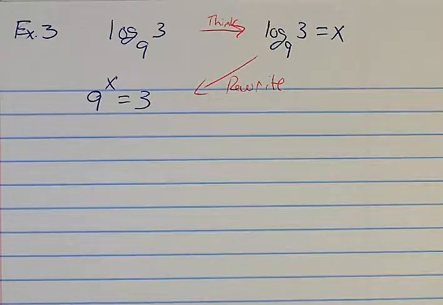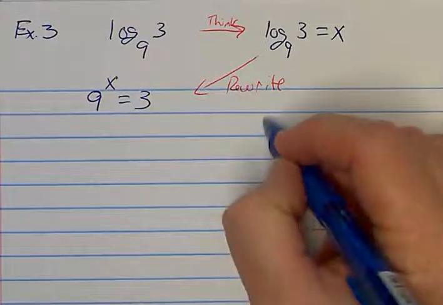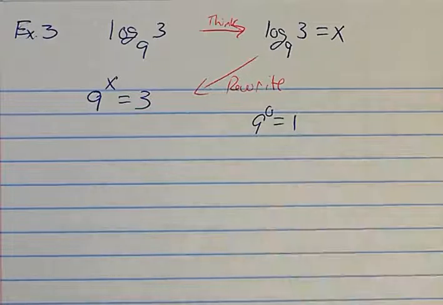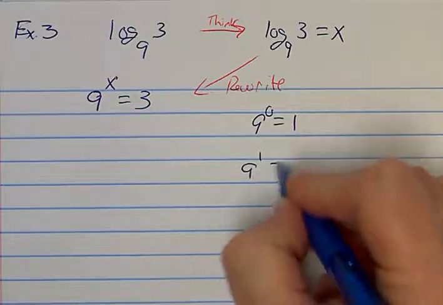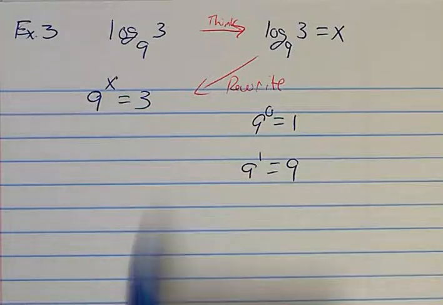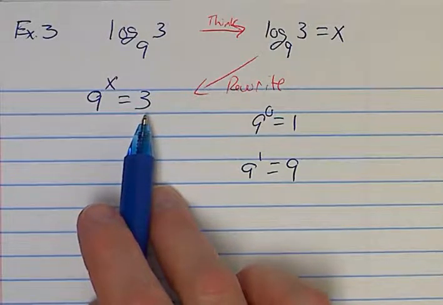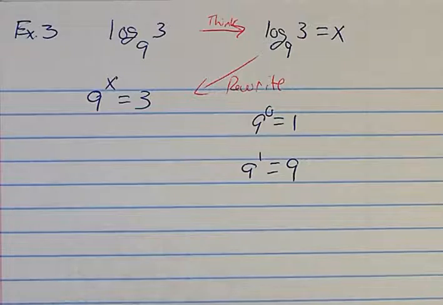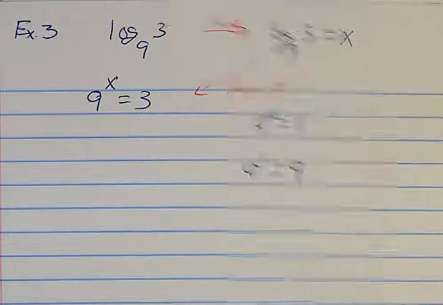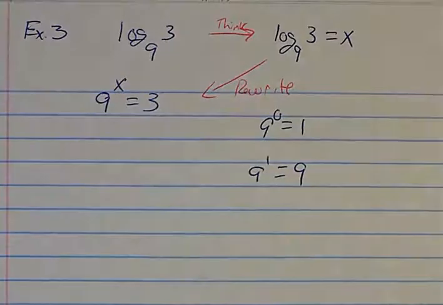All right, now here's where we got a little bit of a problem. Got to get creative on this one because we know that 9 to the 0 power would equal 1, right? 9 to the first power would equal 9. That answer's got to equal 3. So what can we do before we do exponents on this? What can you do to 9 to get it down to 3? Who gave me that first answer there? Okay, so if we're going to go for these,